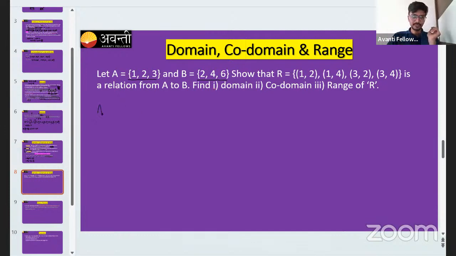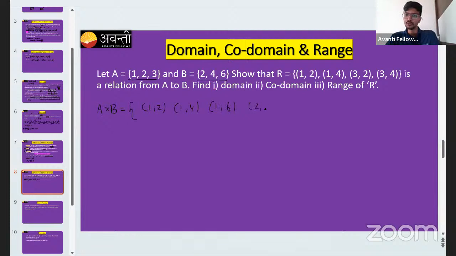So if I write the Cartesian product A cross B, what will it be? 1, 2, 1, 4, 1, 6,